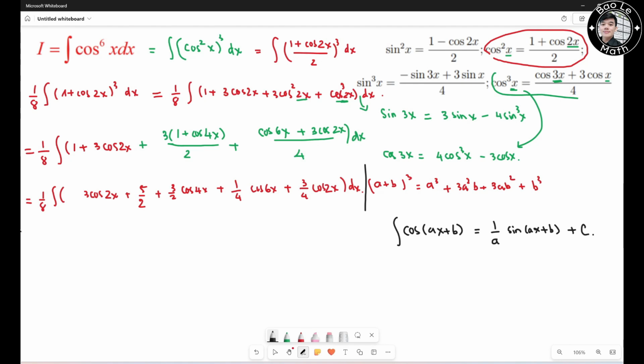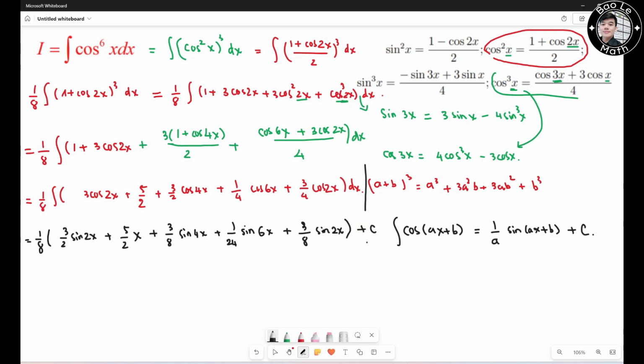Alright, so this guy turns out to be 1/8 times 3½ sine 2x plus 5½ x plus 3/8 sine 4x plus 1 over 24 sine 6x plus 3/8 sine 2x